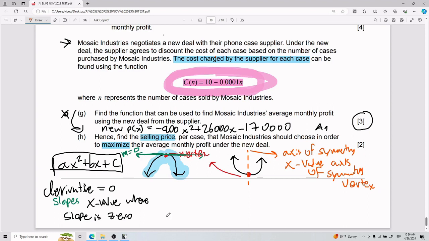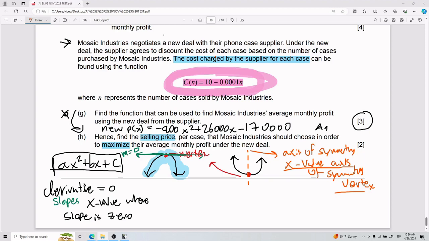And so that's 2 ways to do it. You either do axis of symmetry, which gives you the x value where you have the vertex, or you do the derivative, and that also gives you the x value of the vertex. Okay, so it's 2 ways to do the same thing. I'm first going to show axis of symmetry, okay, just because I think it's a little bit more friendly, but I will show both. All right, so stick around if you want to see both ways, or just stay for